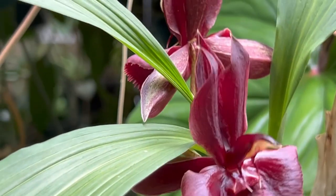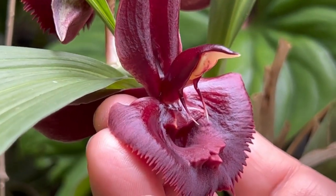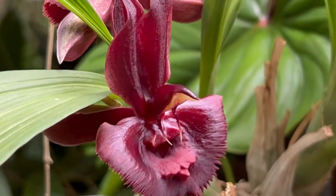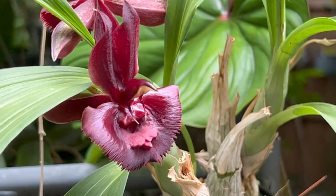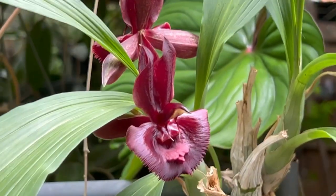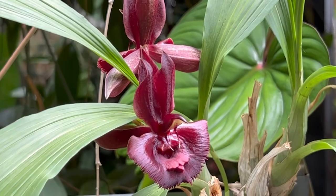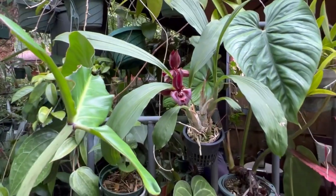But if you notice closely, it has these two really long fangs, and it looks like it's screaming at you. So it opened at night, like at 11 o'clock at night as I was walking by, and I saw it, so I was a little startled at the look of this orchid, but it's actually beautiful in its own way. And then over here I have a